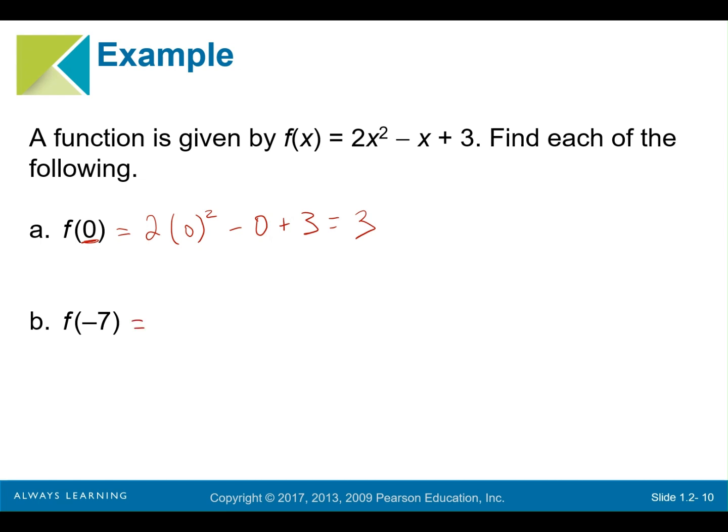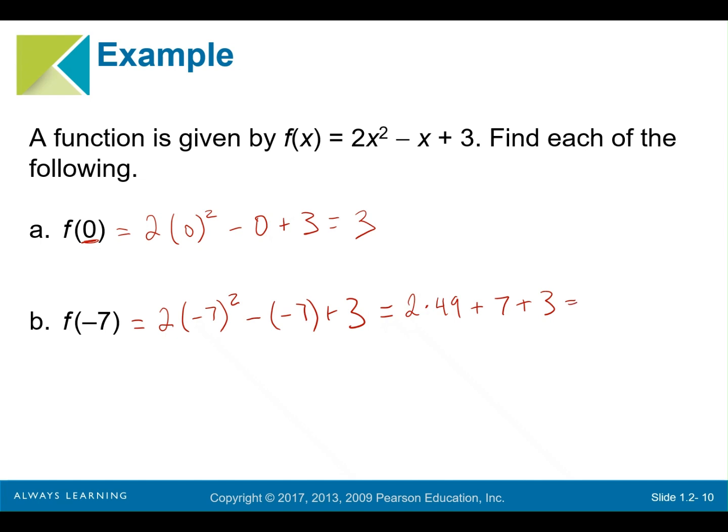Now we do the same thing with f of -7. 2 times -7 squared minus -7 plus 3. And this is a really good example of why parentheses are really useful. You got to make sure that the negative gets squared along with the 7. So this becomes 2 times 49 minus negative, I'm just going to go ahead and switch that to a positive, minus -7 plus 3,